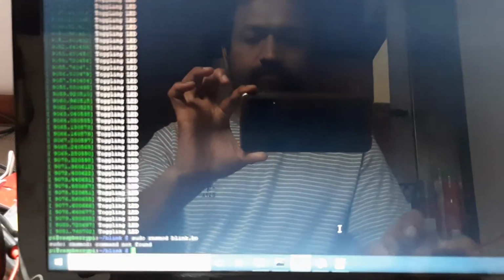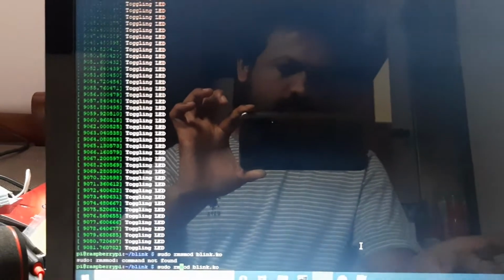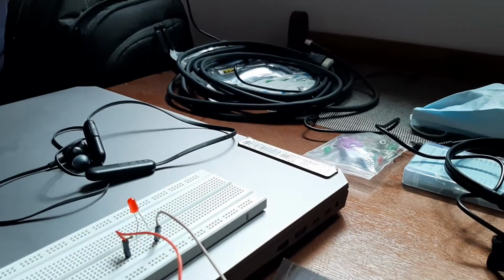So I'm just going to stop it now by using the command rmmod. So now it stopped blinking. Okay, and if you see the message logs,